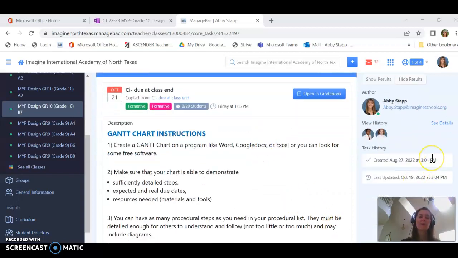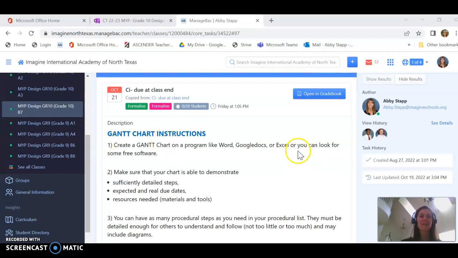Now, the first part of this video, I'm going to go over the instructions in ManageBack. If you understand from there, you can jump right in, but I will also go over all of my notes in Notebook. If you have any questions, you can watch the whole of the video and hopefully I answer all of those. If there's anything else, please send me an email and I'll respond to you when I get back